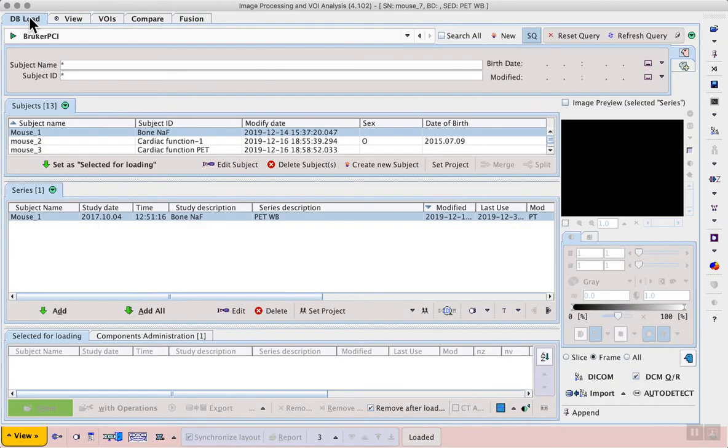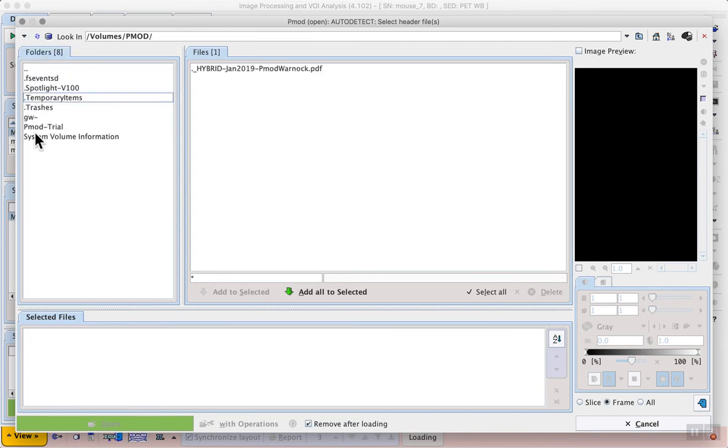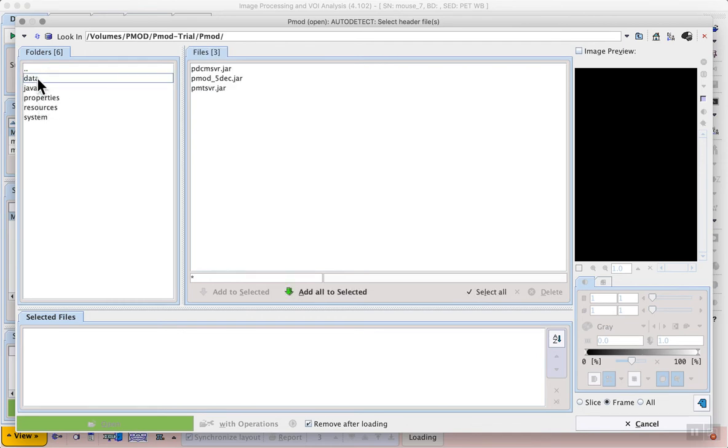One clear option to continue the theme is to return to the DB load page. Here again in the lower right, as well as the DICOM loader shortcut that we saw earlier, we now have the AUTODETECT loading shortcut, which also opens a file selection browser. Here we should also navigate to the USB drive, where we have the PMOD trial folder, PMOD data, and now